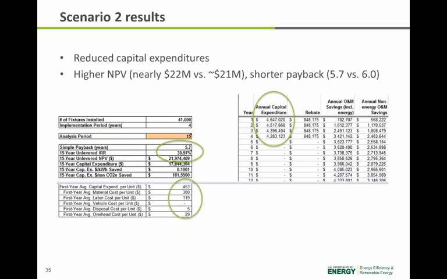Okay, so on to the results summary here. How did this impact the results using this third-party crew? Well, as it turns out, the simple payback is actually slightly better. Originally, we had six years simple payback, and now it's fallen to 5.7. The NPV originally was roughly 21 million, and now it's roughly 22 million. And the capital expenditures fell somewhat. And here